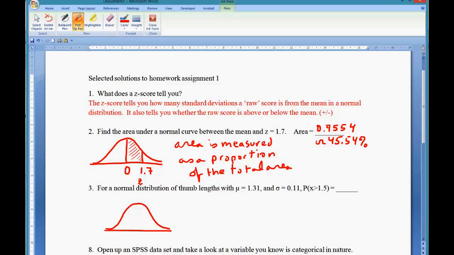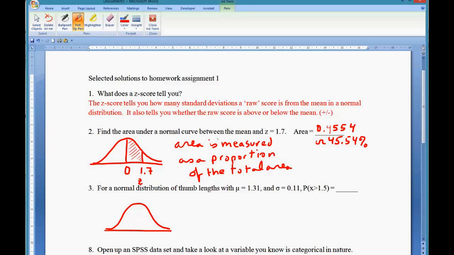When we look that up in the z tables that I've given you, you get the area between the mean and that particular z-score. So when you look up 1.7,